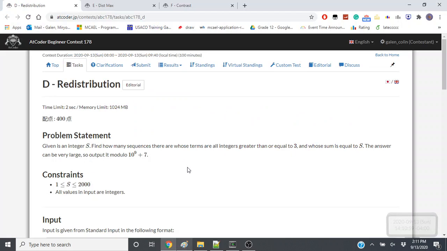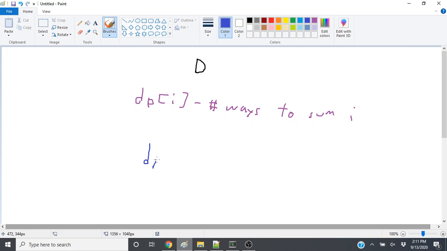And then how do you get to dpi? You have to add some number to some other sequence. So for example, let's think about dp of 7. So 7 can come from just 7 itself, or you can stick a 3 at the beginning and then add dp4, because now you have a 3 and then you want to know the number of ways to get a sequence